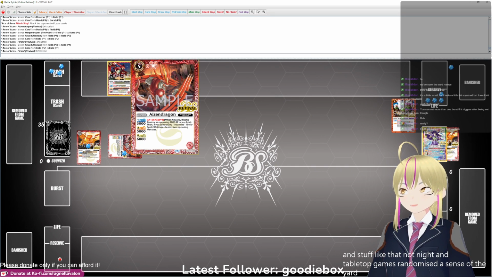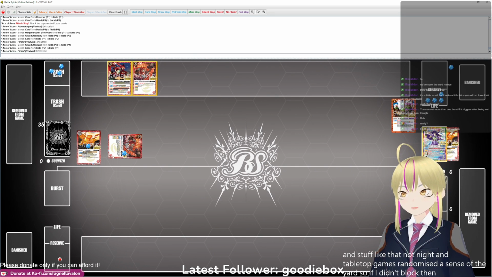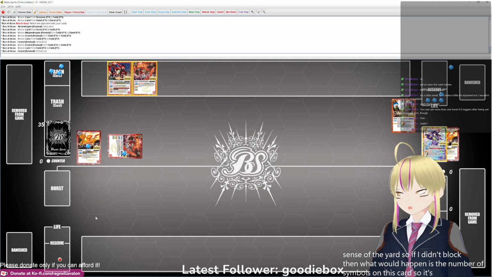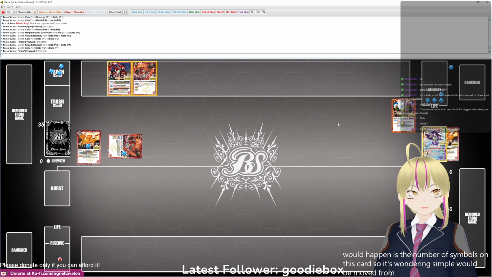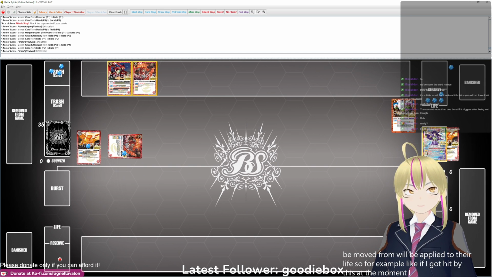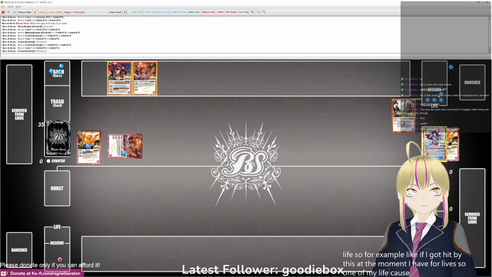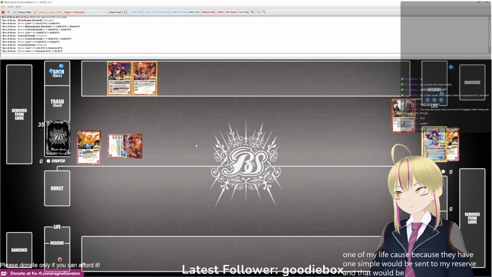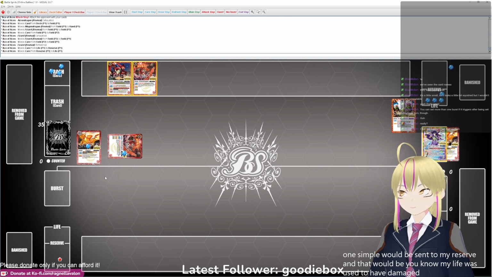So if they didn't block, then the number of symbols on this card, so it's one red symbol, would be applied to their life. So for example, if I got hit by this at the moment, I have 4 lives, so one of my life cores, because they have one symbol, would be sent to my reserve, and that would be, you know, my life was reduced, I took damage. If they blocked,